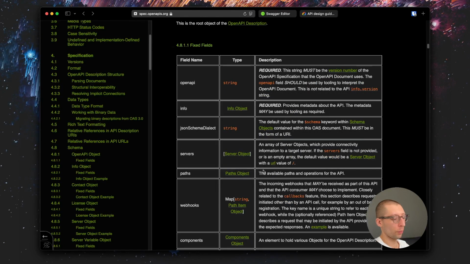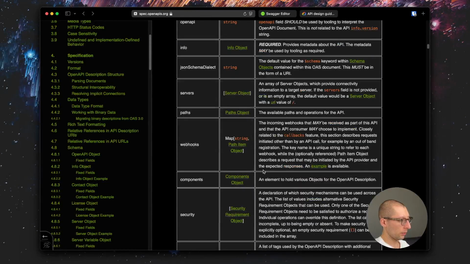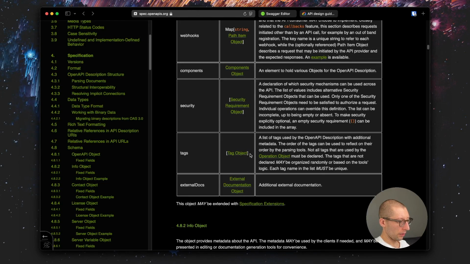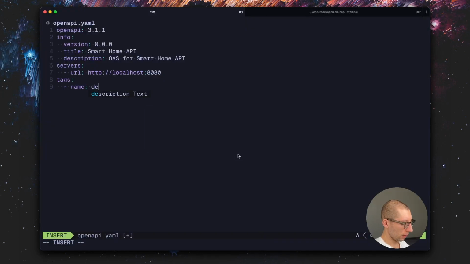Let's go back to our OpenAPI object and see what else can we add. Security is a really nice requirement object that tells kind of how should we do the authentication on our API server. We'll skip it for now. There is a list of tag objects that can be reused later, so maybe let's add tags. So here we can see a very basic OpenAPI specification, just a skeleton of it, but most of our